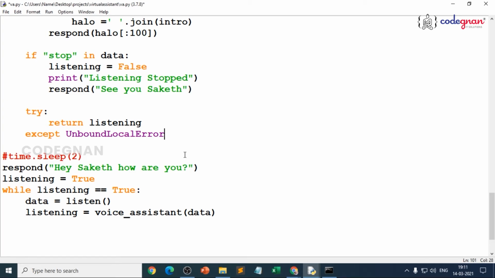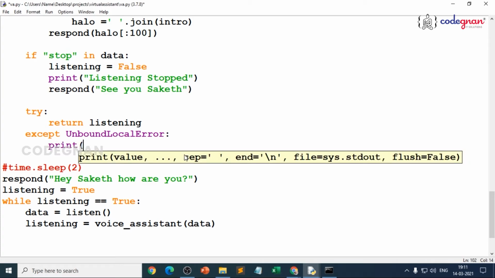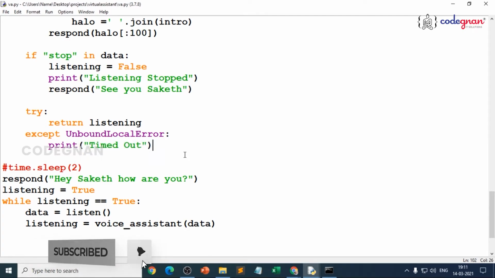And by giving it, we can also give time dot sleep. It's up to you, because if the time is out, what should it give us? It should give us timed out. That is the final thing which we are giving. Even you can make the time dot sleep, it's up to you. You can make it how much amount of time it should wait. You can just give the same thing. Otherwise, it will finally fetch the result.